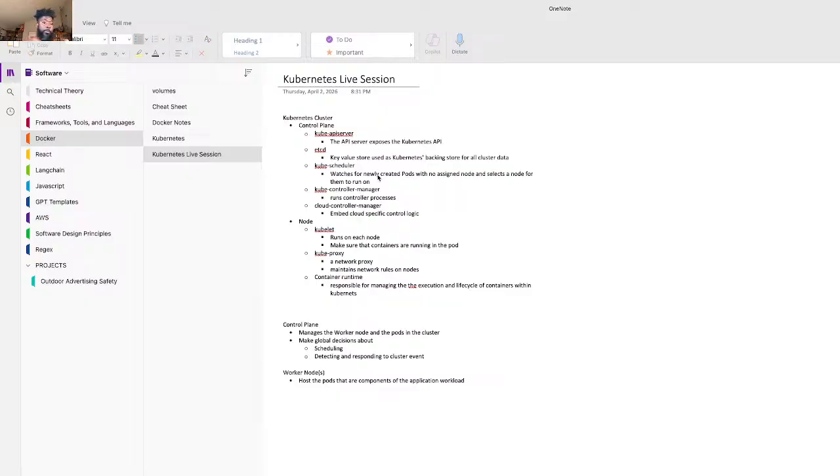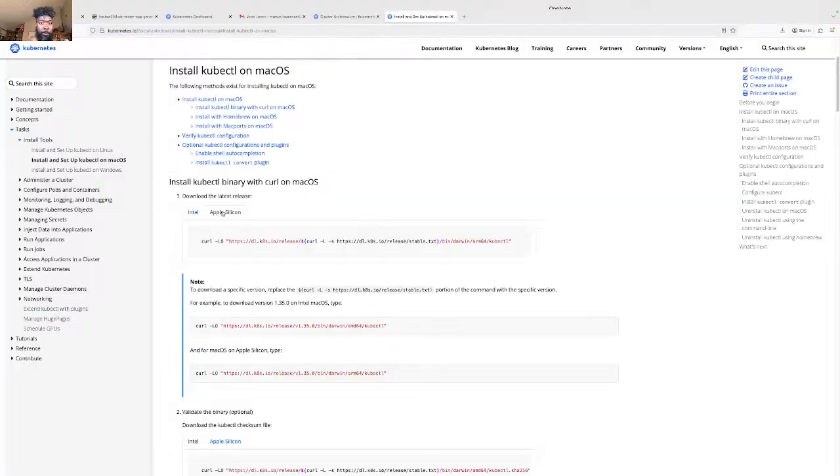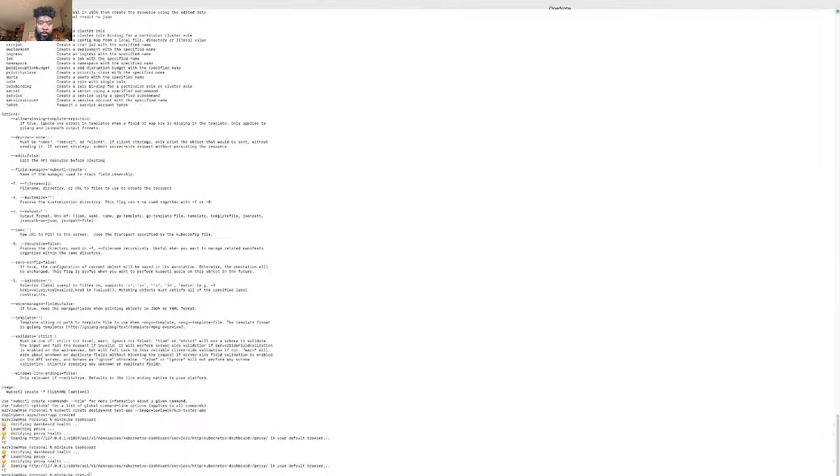And then after minikube start, let's come to my terminal and I'll show where you would theoretically end up. Restart session.